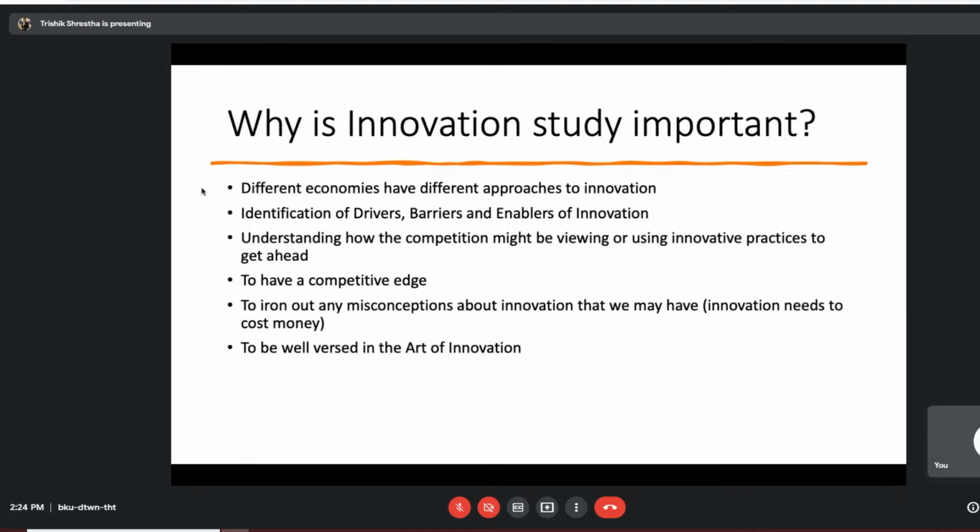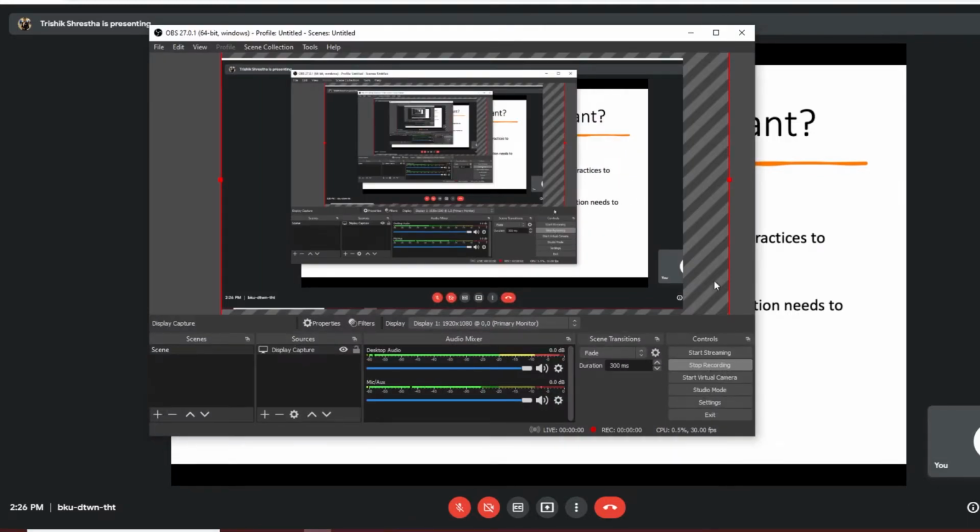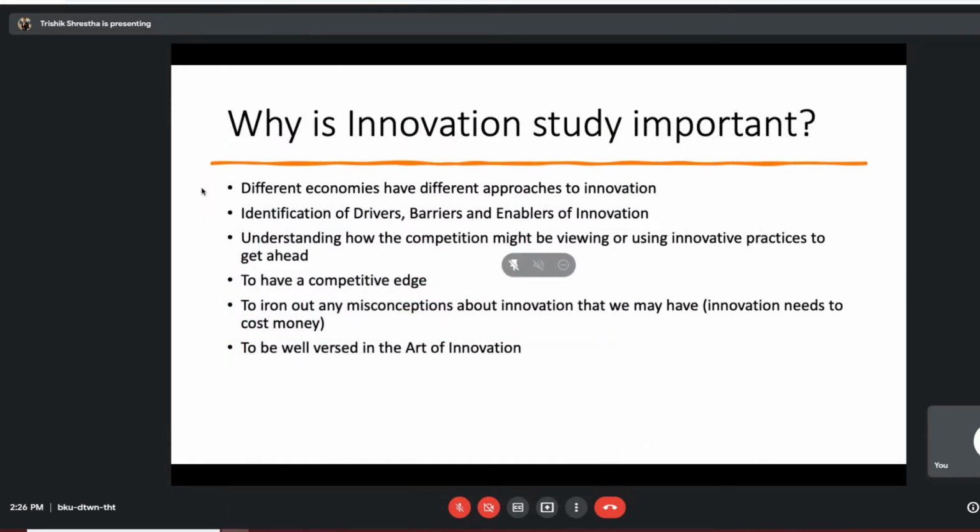Understanding and studying innovation is important because this whole topic of making new things and improving the way that we do things is often seen as out of reach, and that is actually true to some extent because we don't have the capital required to establish these giant factories and make these revolutionary products. To that extent, it is correct. But it's not all that innovation is, and that is the purpose of today's guest lecture. Innovation does not have to be limited to making revolutionary products. There's much more. There are levels to innovation that we need to understand.